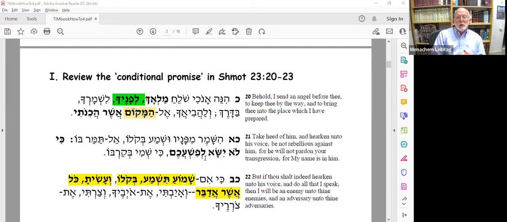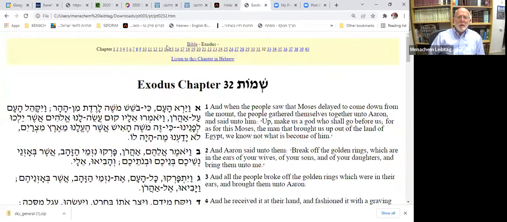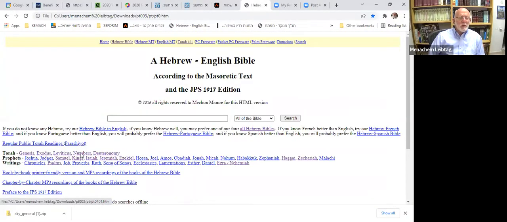Anyone remember where Moshe Rabbeinu himself is called a malach? Where God says that I send a malach to take you out of Egypt? I'll just show you something cute, just for trivia. If you have a Chumash, open up Sefer Bamidbar, Perek Chaf, right after Moshe and the rock. I'll do it the easy way. If you go to Sefer Bamidbar Perek Chaf, the second half of the Perek,